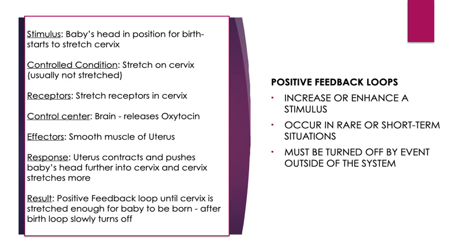As this continues to happen, that is going to send a signal from the stretch receptors back up to the brain and say, yes, there's more stretch on the cervix. The baby's head is here. It is ready to come out, but the cervix is not open enough. So the brain is going to release more oxytocin, and we are going to do this over and over again